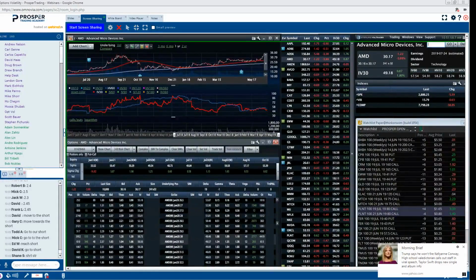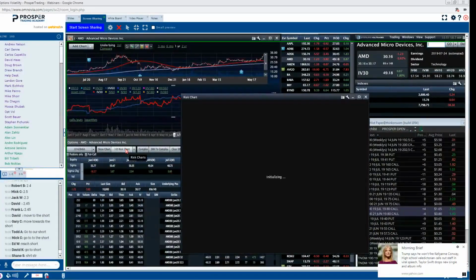Okay, we always want it to the short. So that's our starting point. That's our starting point, the short option there. Now, we work off of that. If the stock moves to 33,